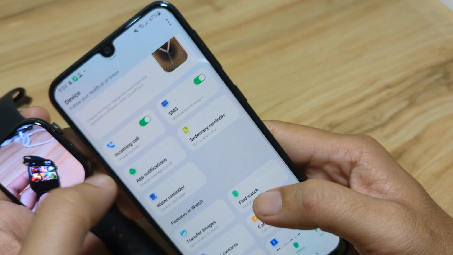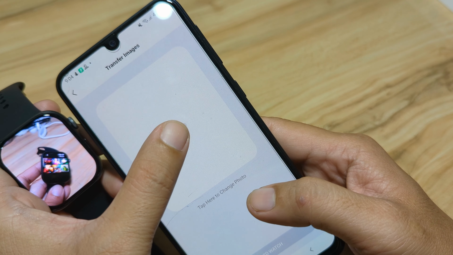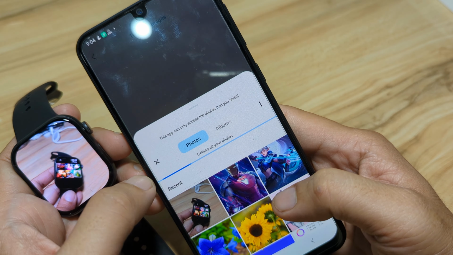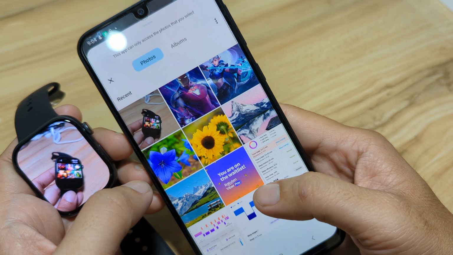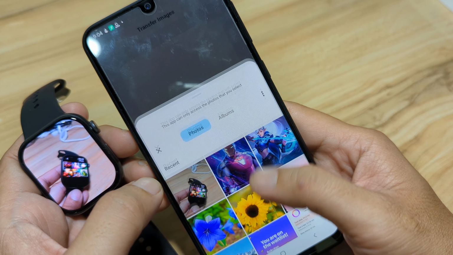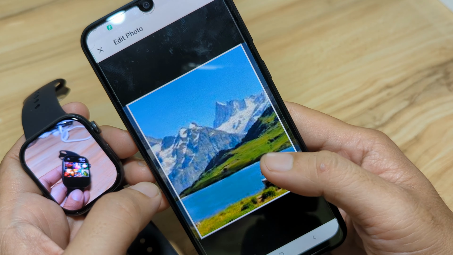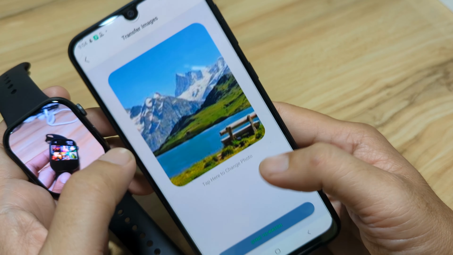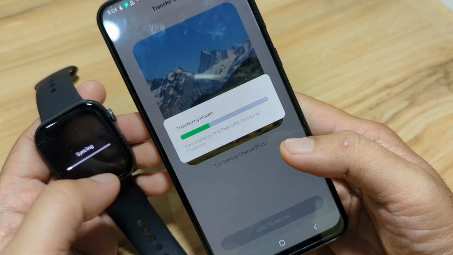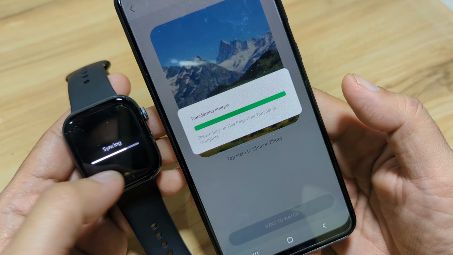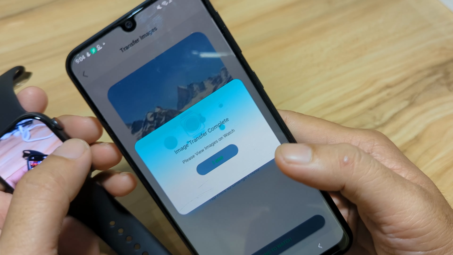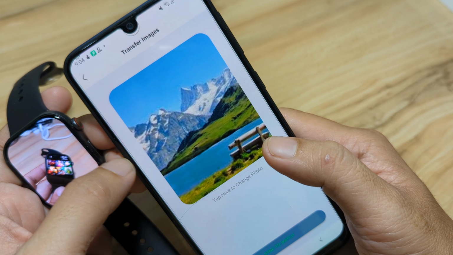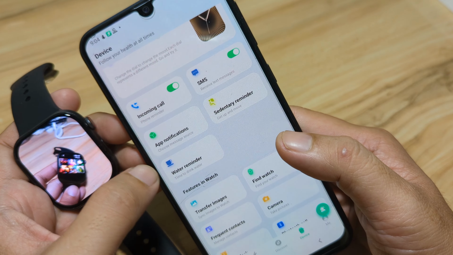Go back, transfer images, tap on the plus sign, and we'll have this one, a scenery. Beautiful photo here. Check, sync to watch. Don't worry about the storage, as the smartwatch has a very large storage space for your photos.